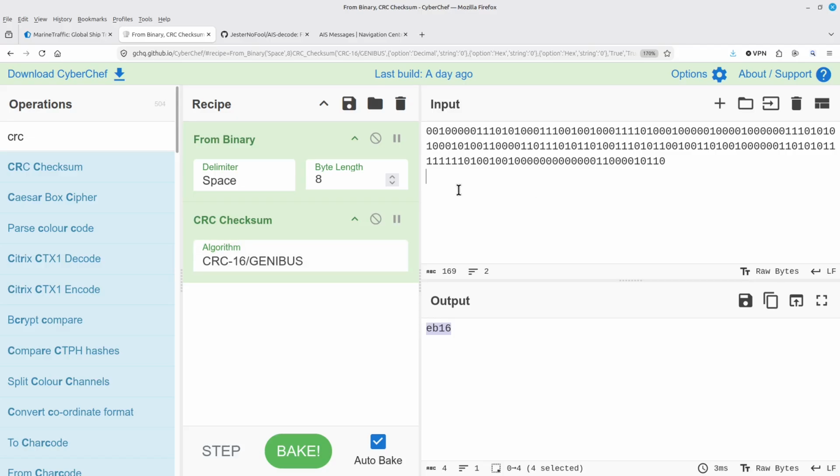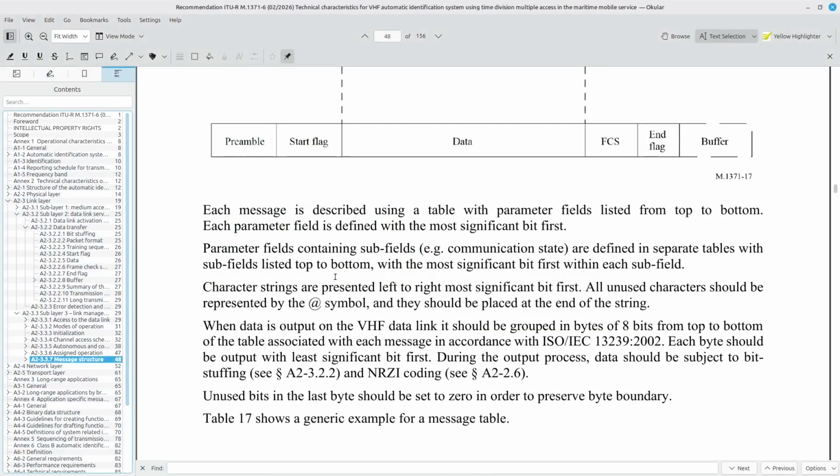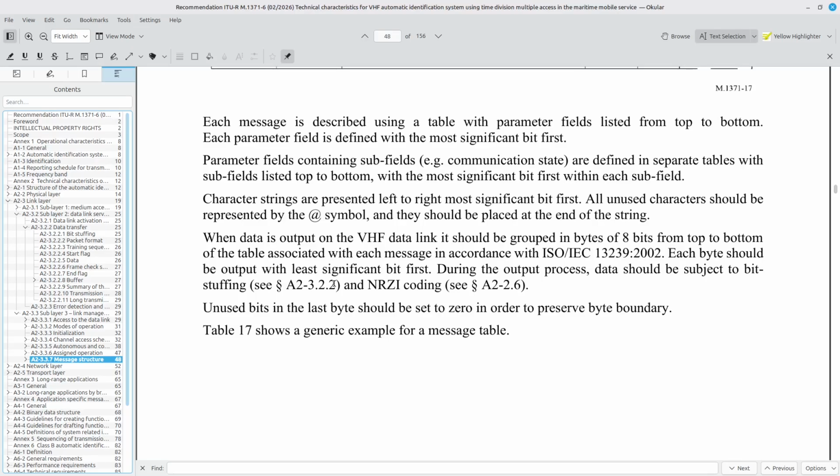In this particular case, the data passes CRC check. This next part is the part that I understand the least. Let me see if I can explain. The way that the data is actually transmitted on a byte level is reversed from normal. If you look at the specification, I'm looking at 1371-6 by the way, it says that character strings are presented left to right, most significant bit first.